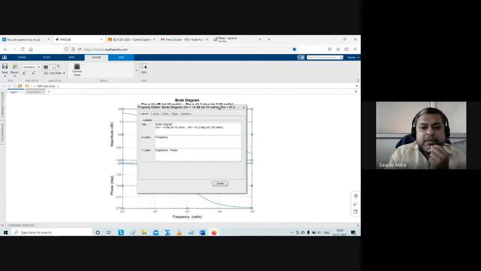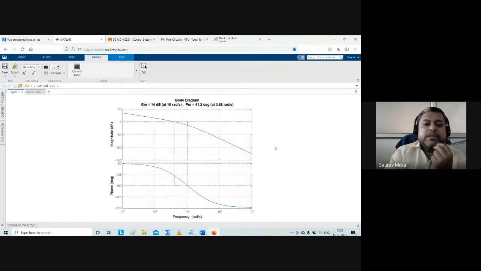All those X levels, Y levels, Bode diagram, GM plus 10 dB, it is showing at that point exactly. So we are not interested in that. Close it. Okay, so two things are there. So this is the first numerical, very important numerical.